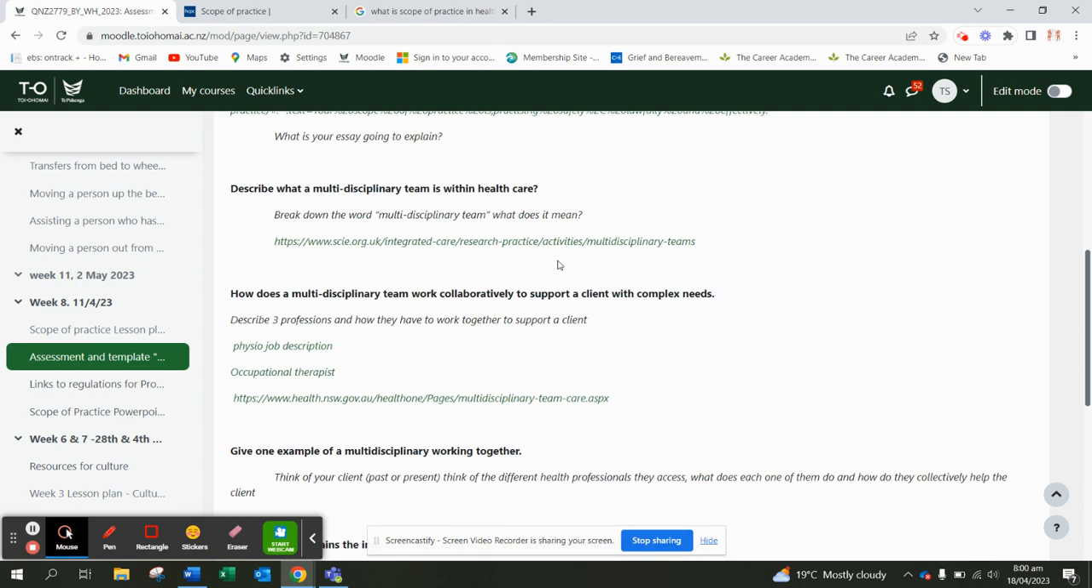Okay. You tell me what a multidisciplinary team is and what it means. How does a multidisciplinary team work collaboratively to support a client with complex needs? Now, there's 3 different links here, 2 jobs, and then 1 talking about multidisciplinary team care. Let's say somebody has had an accident and broken their legs. Let's pretend, you can say whatever you want. A particular person not only needs a physio to help rehab their muscles to get better, and you're going to describe what the physio does, their role and their scope